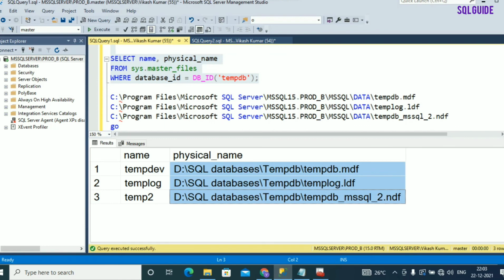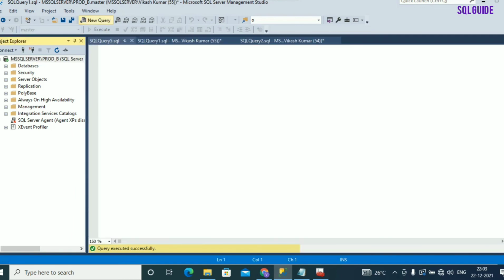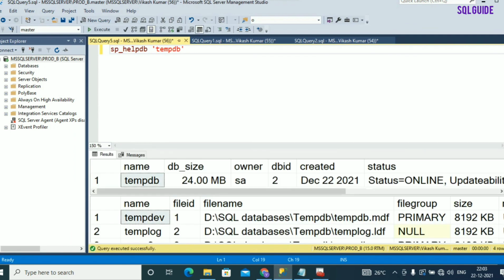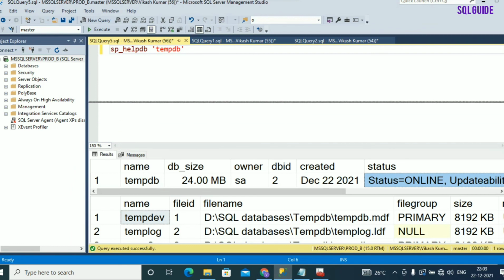You can see the tempdb is successfully moved to D, SQL database, and for a health check of the database, run sp_helpdb tempdb. You can see its status is online.